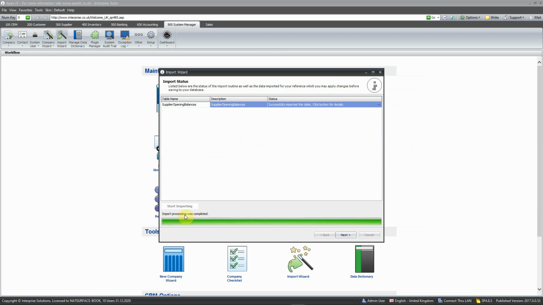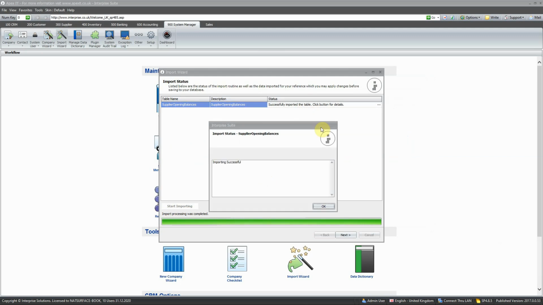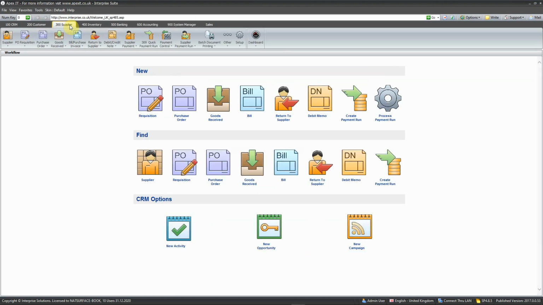Now, even if it says import processing was completed, just check up here that you've not got a message saying anything was aborted. If you have and you click on it, you will then get a window popping up telling you what those errors are. It might be that it can't find the supplier account number because you've typed it in incorrectly. If we OK that, click Next and Finish, we just go to Supplier and we go to the Setup tab